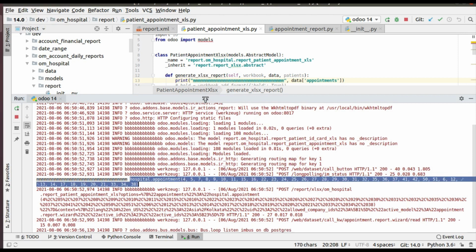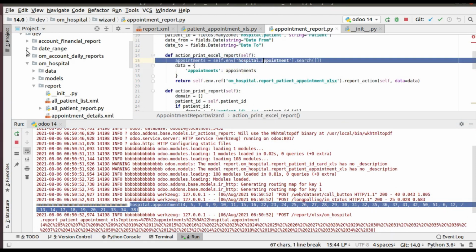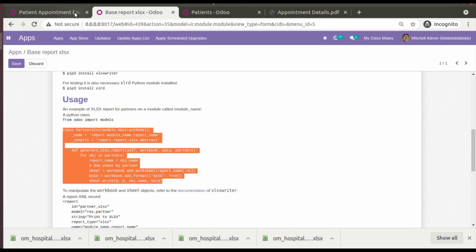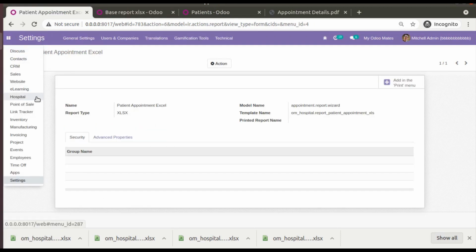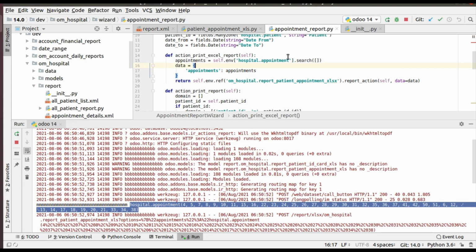So which model did we search inside? hospital.appointment, because if you go to the database, come to the hospital and check the appointments, the table name is hospital.appointment. So I have searched inside this database table using the search ORM without any domain.